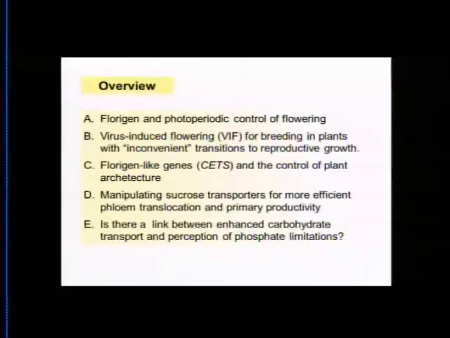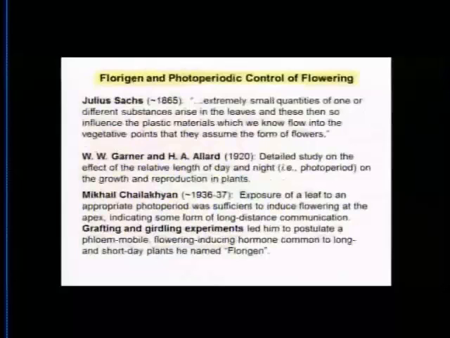Okay, so let's take a little bit of a historical perspective on this process of flowering and photoperiodic control. This dates back to some of the very earliest studies that were ever done in plants, and particularly on the hormone nature of plant development. As early as 1865, the German scientist Julius Sachs was publishing on